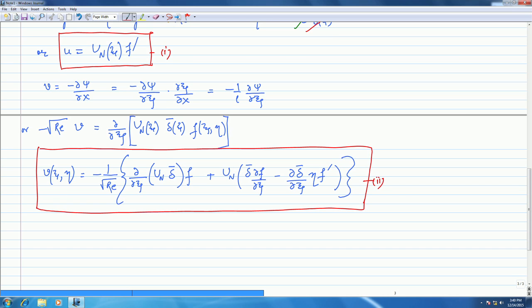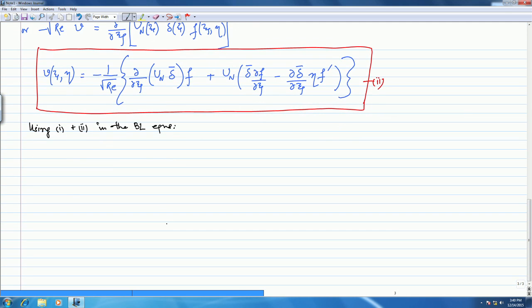So basically we are using 1 and 2 in the boundary layer equations. If we do that, what we get is something like this,